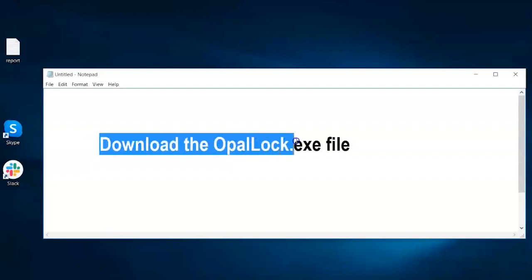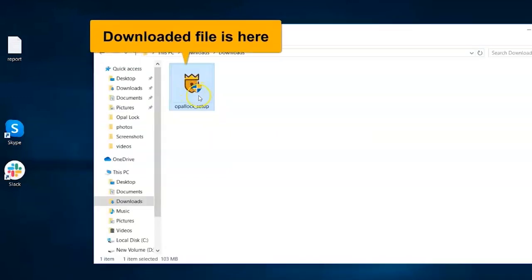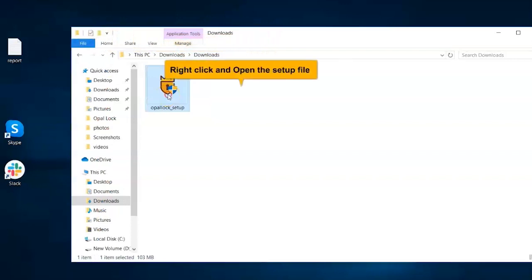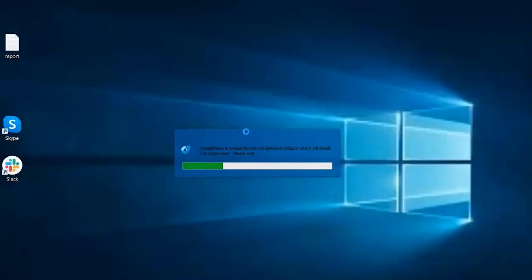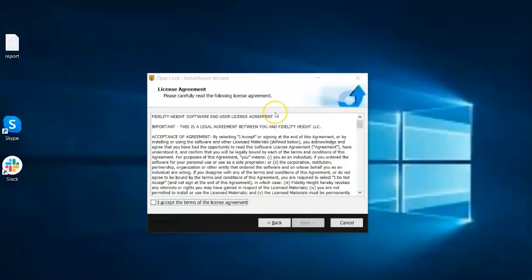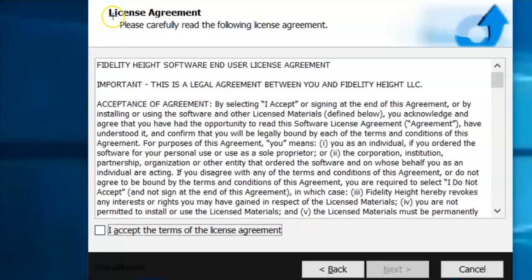How to install OpalLock. You can double-click on the setup file, or you can right-click and click Run as Administrator. Once you have downloaded the OpalLock setup file, run the file. Once the setup starts, it'll display a license agreement window for which you can click on the checkbox which says,